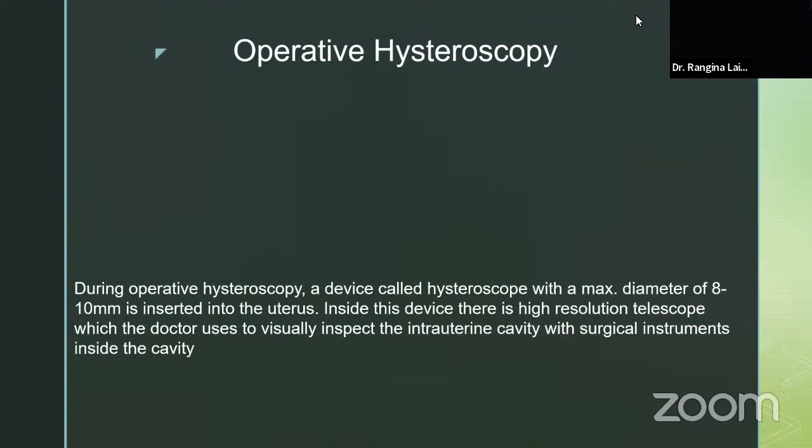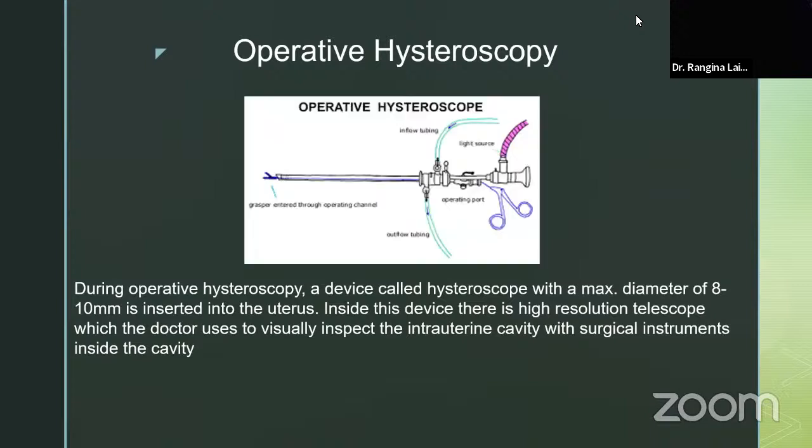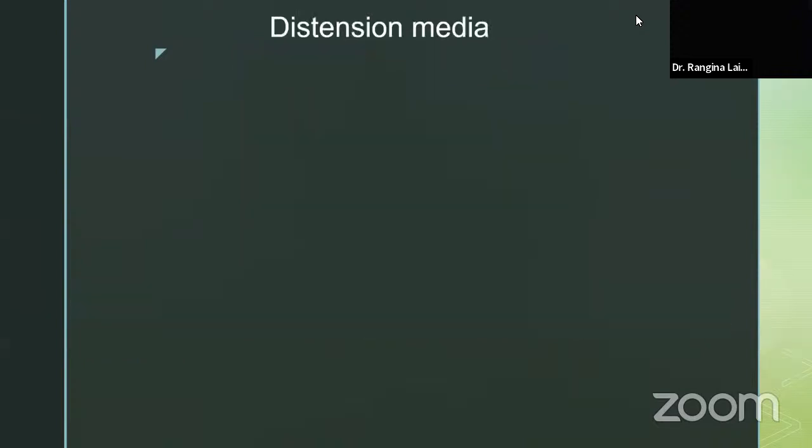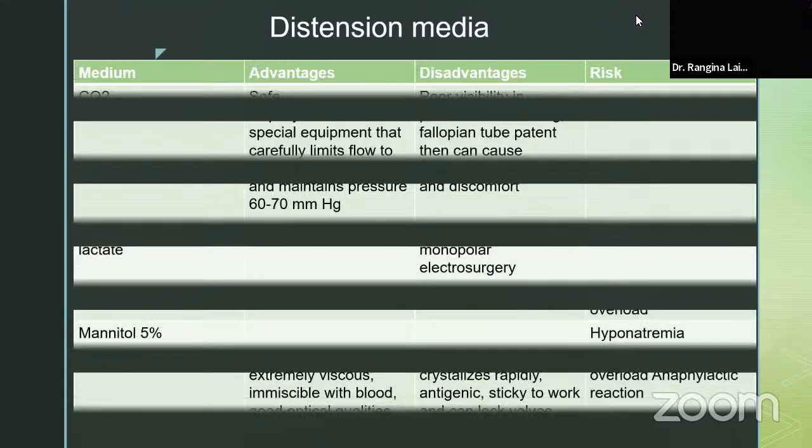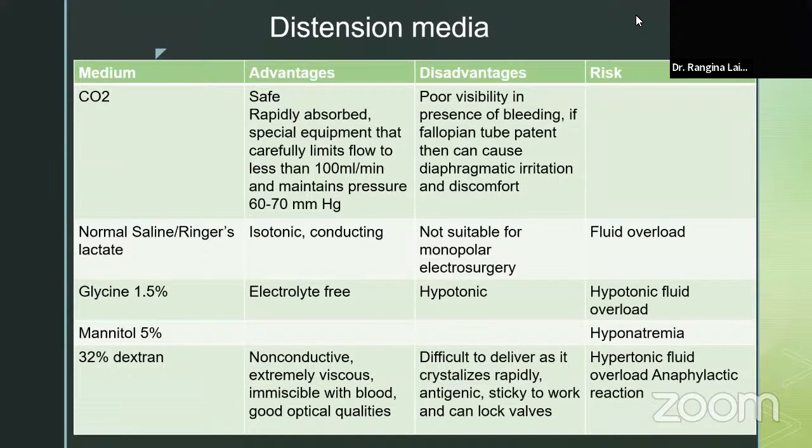There was a time when we used to use, I have not seen in my career, I know the 4 mm scope, but I have seen in many studies that previously they used to use around 8 to 10 mm. This I have seen in cystoscopy. I have seen urologists using a cystoscope which is around 8 to 10 mm, but in my career, I have not seen anyone, especially my teachers, using an 8 to 10 mm diameter hysteroscope.